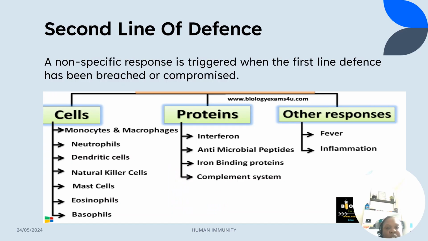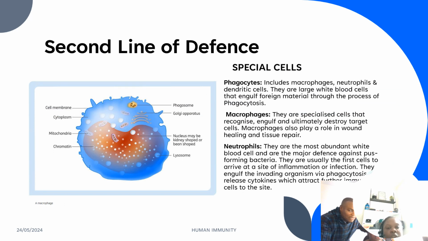When the first line of defense is breached, the second line of defense kicks in. They are also a form of non-specific defenses, which can be provided by special cells like phagocytes, macrophages, and neutrophils. Proteins like complement proteins, interferon, and cytokines. Other responses include inflammation and fever. One of the specialized cells for the second line of defense is